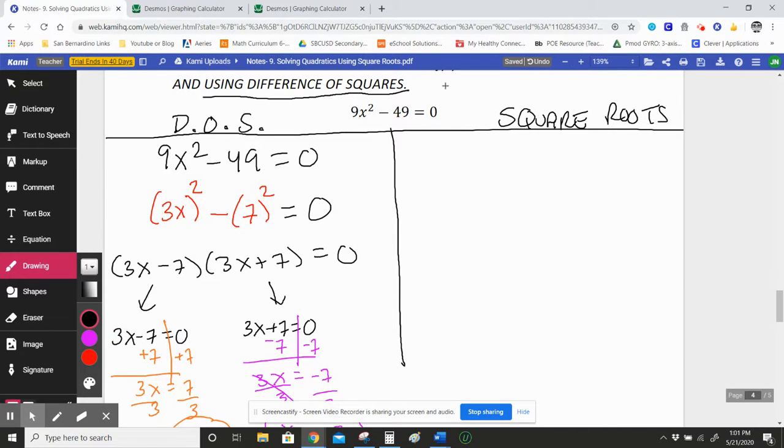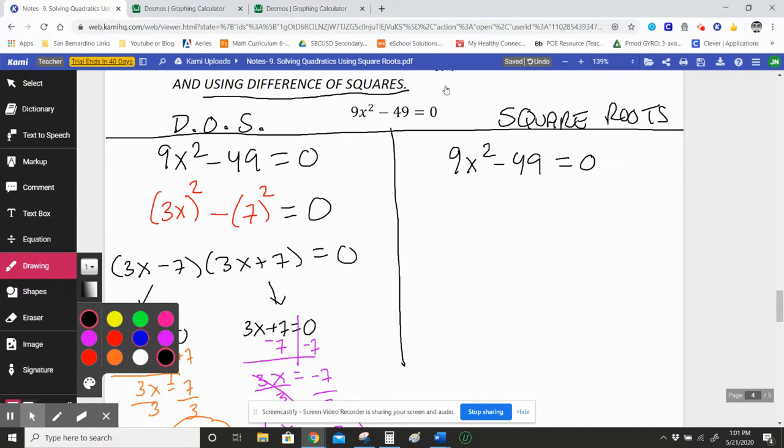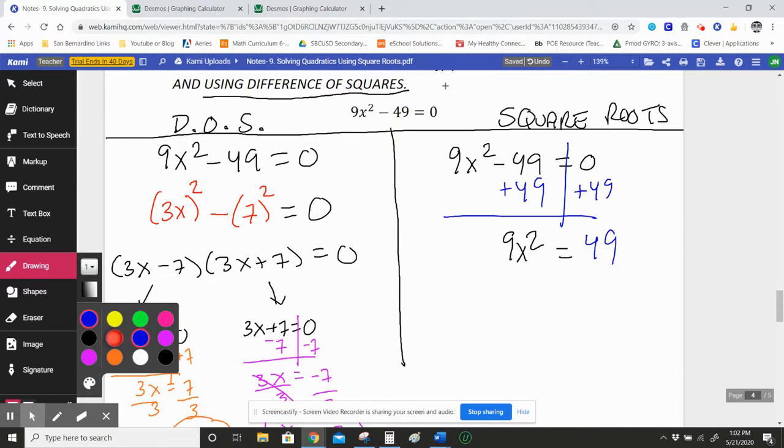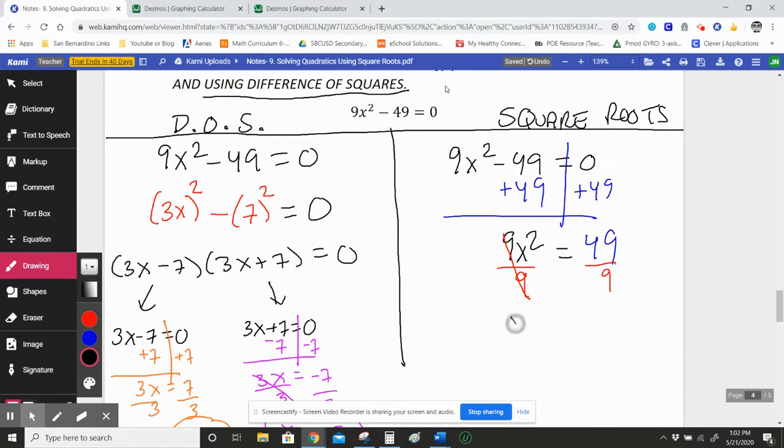We should be getting the same answer, right? Because it's the exact same problem. So 9x squared minus 49 is equal to 0. I'm going to try to solve this by drawing the wall, adding 49 to both sides. So 9x squared is equal to 49. Now I want to divide this by 9, divide this by 9, and I get x squared is equal to